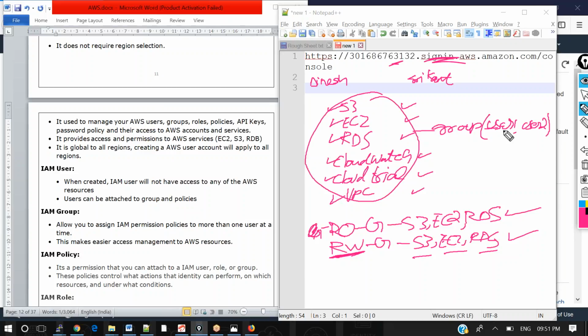So now user 1 will have access to all these services, and user 2 also will have access to all of them. Here I don't want to do the manual intervention of giving each and every policy one by one to each and every user. Rather, create a group, add all these policies, and give the same access to the users.